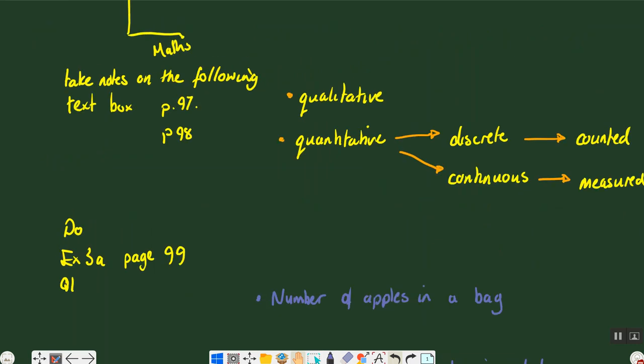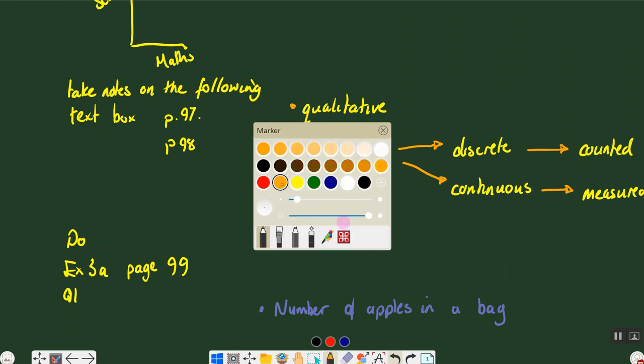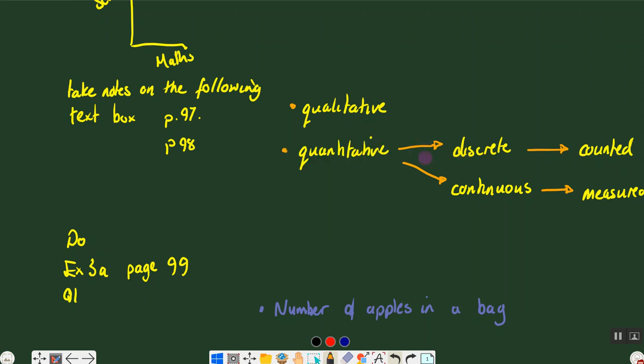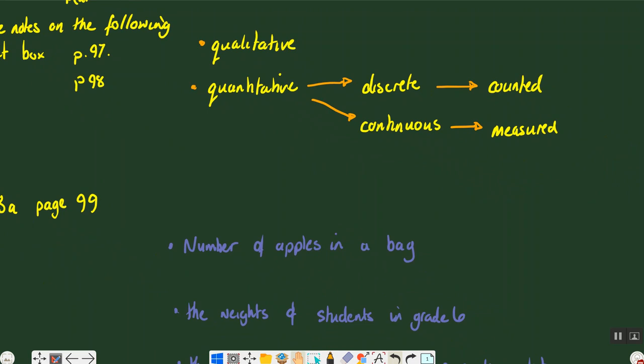Recording on. So guys, you read about the different types of data. So we have qualitative and quantitative, not the easiest things to say. And within quantitative, there are discrete and continuous. And then discrete data, you will have read, is basically stuff that is counted, and continuous data is stuff that will be measured. All right.